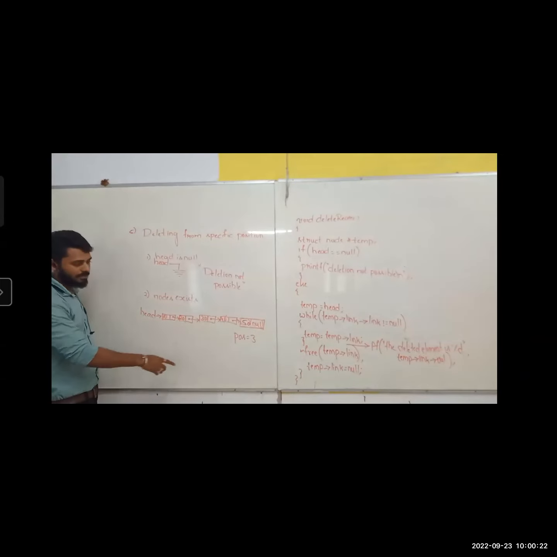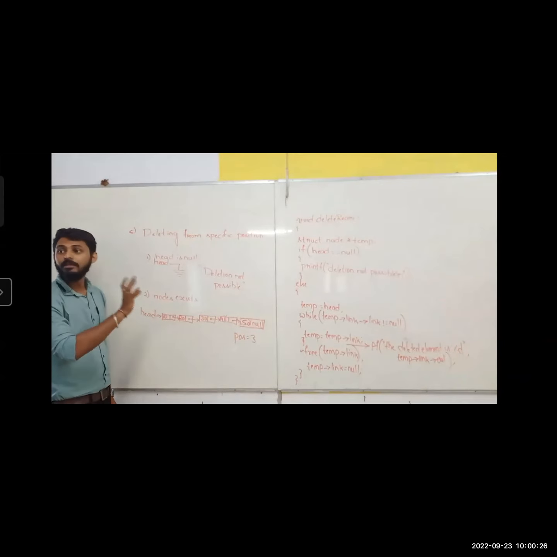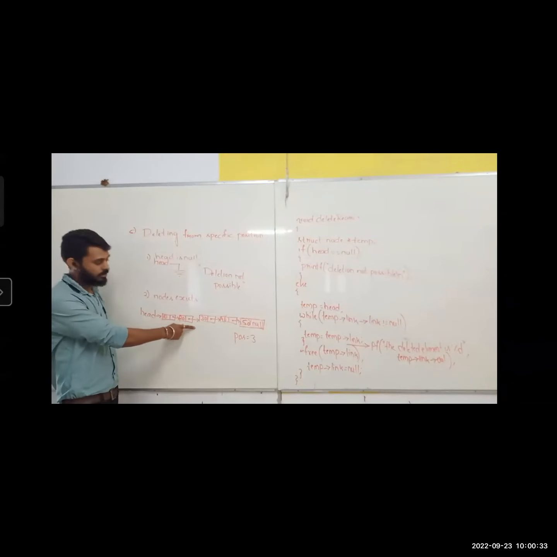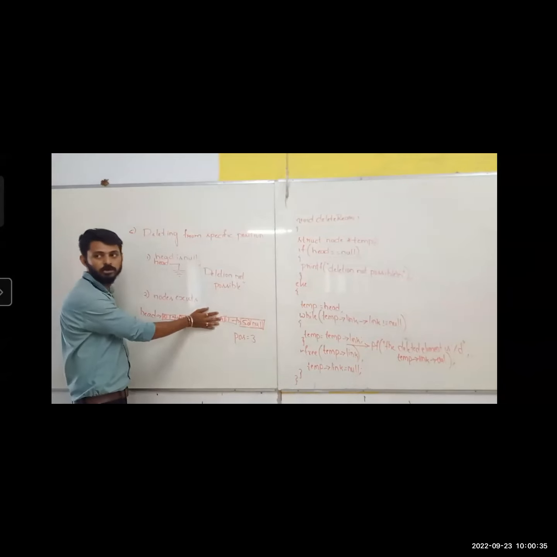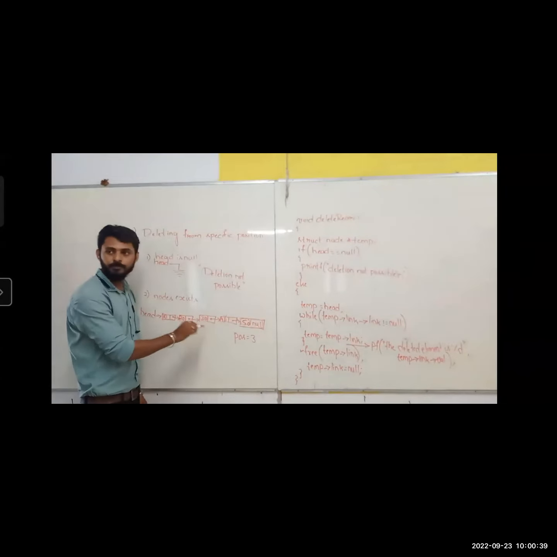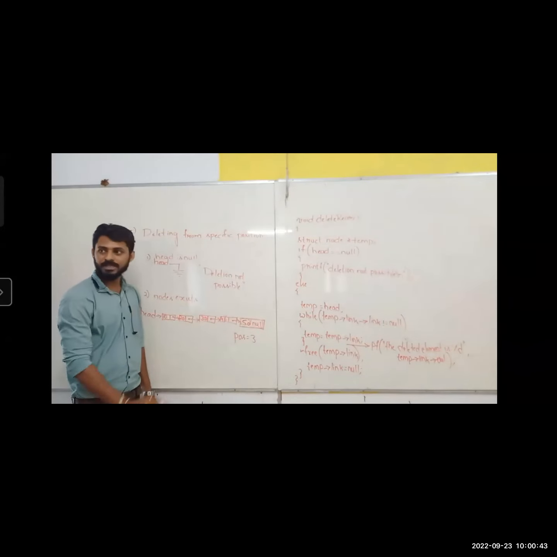So now I'm asking you that I want to delete position third. The user will say that you delete the third position. Third position means which is that? This is your first position, second position, and third position means this node I want to delete. Assume that I'm going to delete this position. If I only delete this position, is it sufficient? Why? The next node also I should delete.